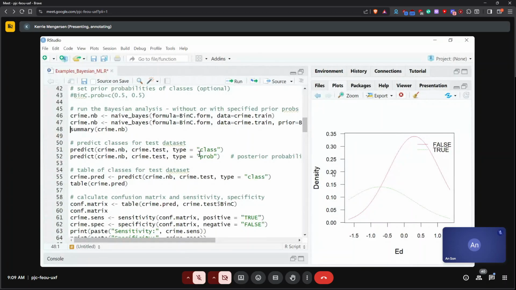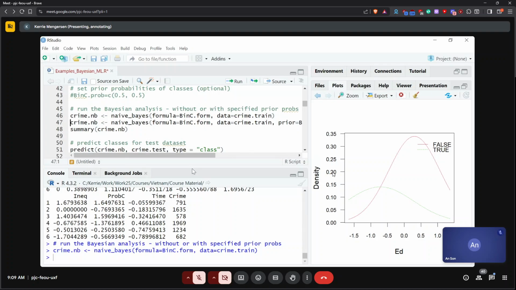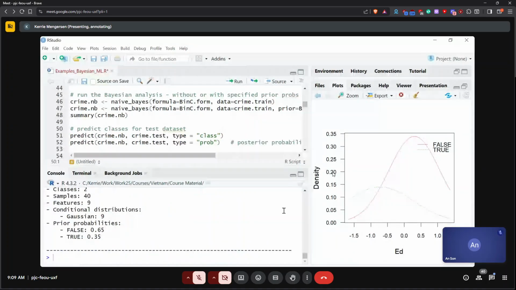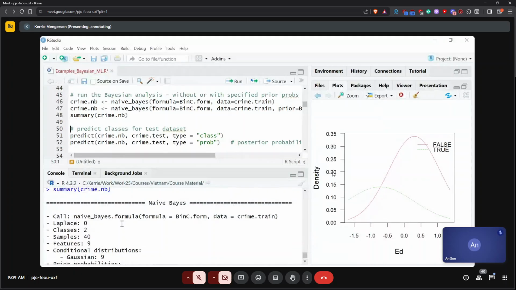All right. So if I run this analysis here, you can see down the bottom of the screen that I've just run it. You can move this up a little bit, and I can get a summary now of the crime.nb. What this summary will tell me is really just that I've run the analysis, okay?